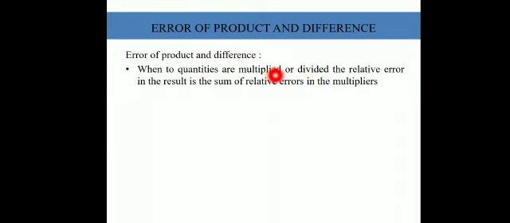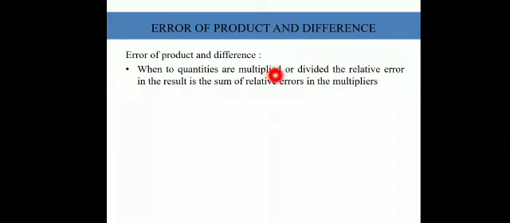So let's say z is the final answer when we multiply a and b. So a multiplied by b is z. But when we calculated a and b, there was some error in the measurement, or someone made an erroneous calculation or measurement. So a has its own error because it is one property, and b has its own error because it is a second property. When we multiply, in place of a we substitute a plus delta a, and in place of b we substitute b plus delta b.